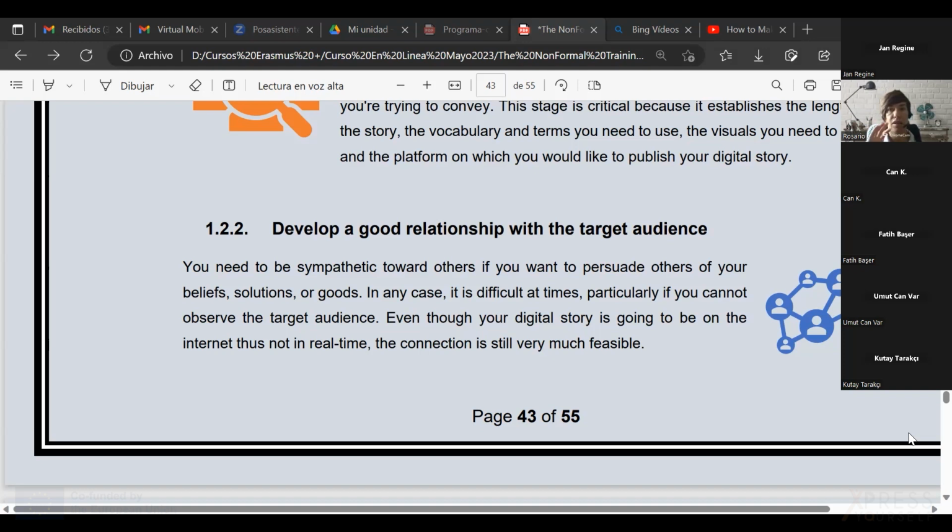So unless your storytelling is meant for an audience that shares the same beliefs, in these cases politics and religion and some similar others, avoid it. Otherwise, make sure that they share the same.